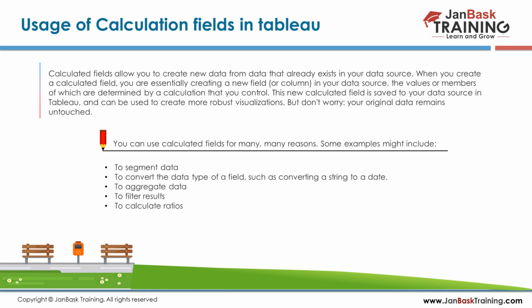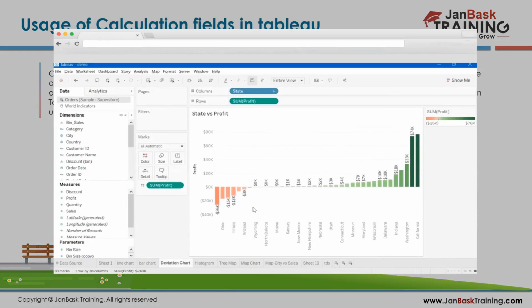So we will go ahead and create some calculated fields. The first one we'll do for this particular example itself. Now, I don't want the diverging color, so I'm just removing the sum of profit. Or let's keep it. I can duplicate it directly. So right click on this particular worksheet, select duplicate, and just name it